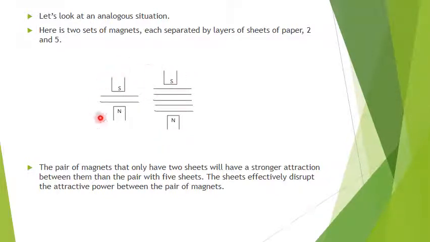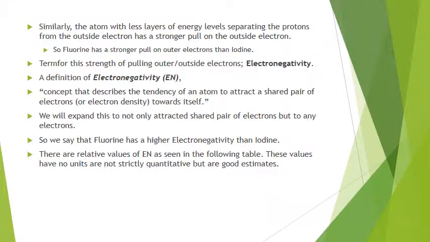Clearly you can see that the one on the left, the one with only 2 sheets, will have a stronger attraction because there's less interference between the 2 sheets of paper. The more sheets of paper, the more interference, and the less the interaction between the north and south poles of a magnet. Similarly, an atom with fewer layers of energy levels separating protons from the outside electrons has a stronger pull